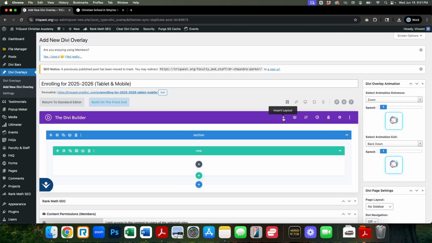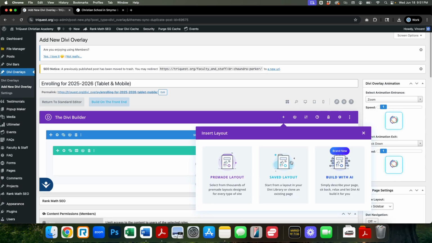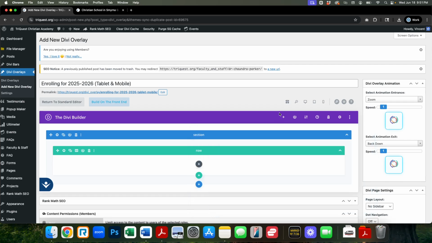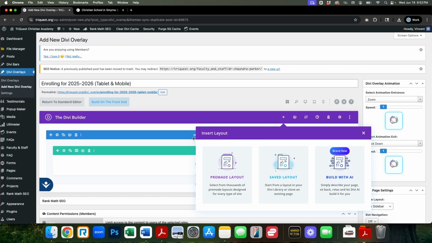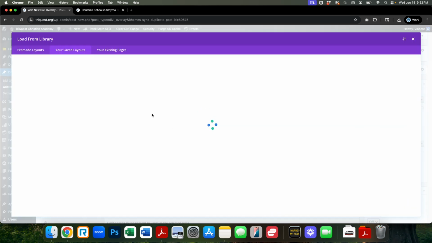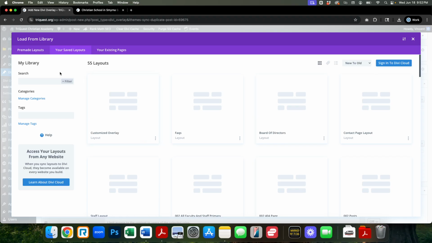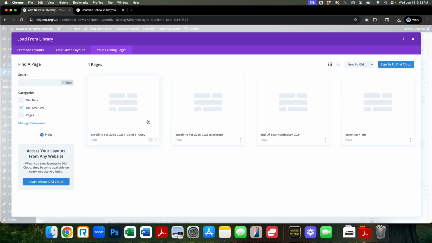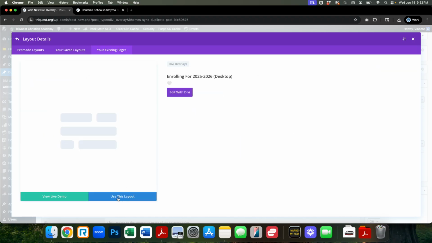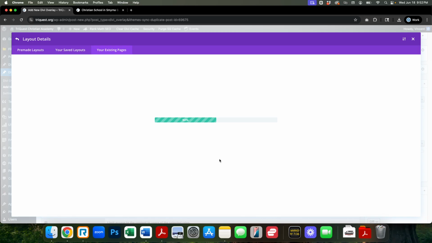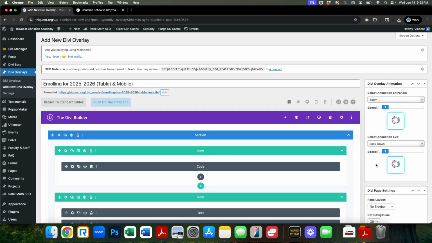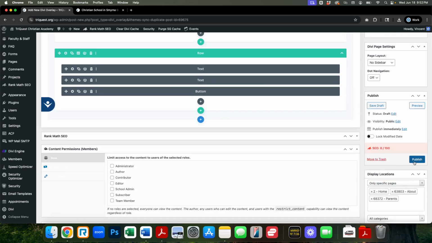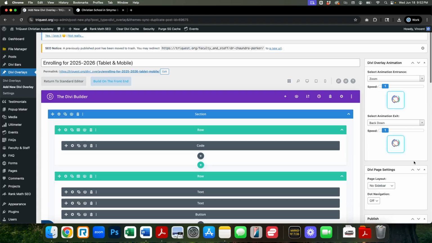Now we're going to place the same layout that we have. So we can simply click on the plus button, insert a layout, and click on saved layout. Then go to your existing pages, that tab right there, and we can filter for just Divi Overlays, and the one we'll want is the desktop. Click on use this layout, and then we're just going to pull in this layout right here. Then we can go ahead and click publish,